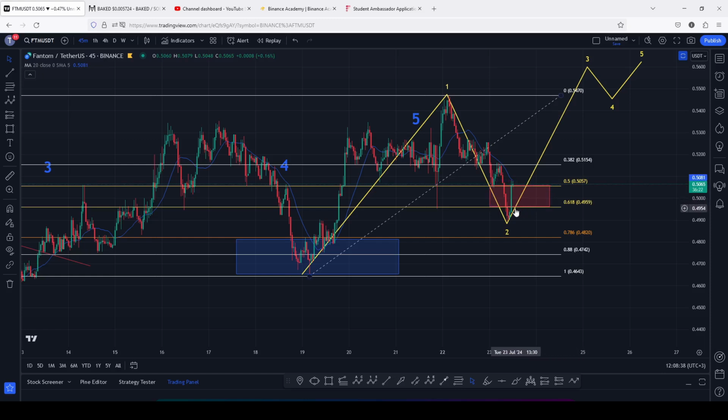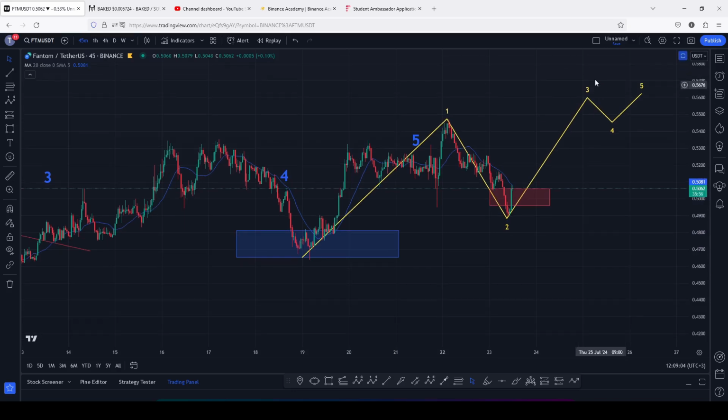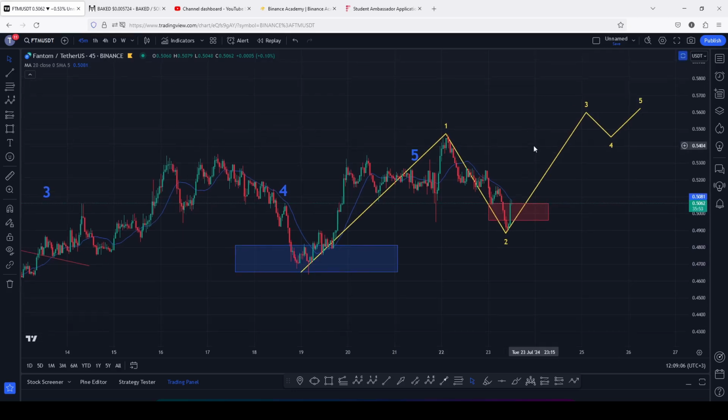And at some point we had lost the fib level 0.618, but the fib level 0.78 continued to hold as support. And at the time of this recording, we are seeing a reaction of this area, and there are high chances that whatever we are seeing could be the start of an impulsive wave in an Elliot wave count 3, which is right here, whose minimum target areas can be given by connecting the trend-based Fibonacci from the low of